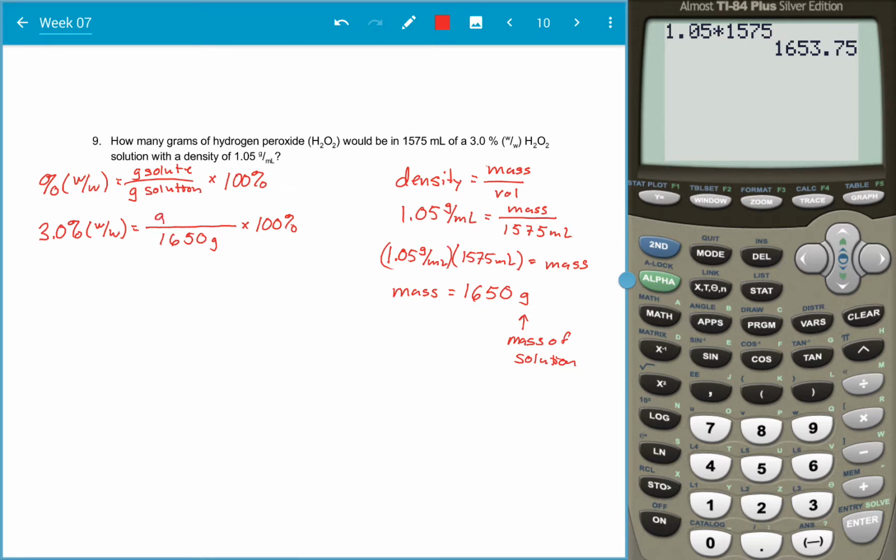And we have our grams of solute in the numerator. So solving for grams of solute, we would bring the 1650 over, multiplying it, and the 100% over, dividing it, giving us 3.0%, 1650 grams, all over 100%, and those units of percent will cancel out, so that we're simply left with